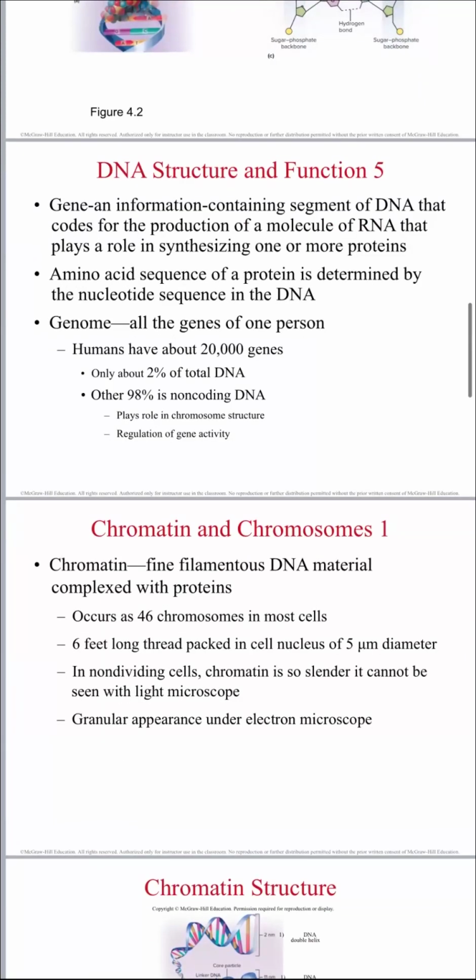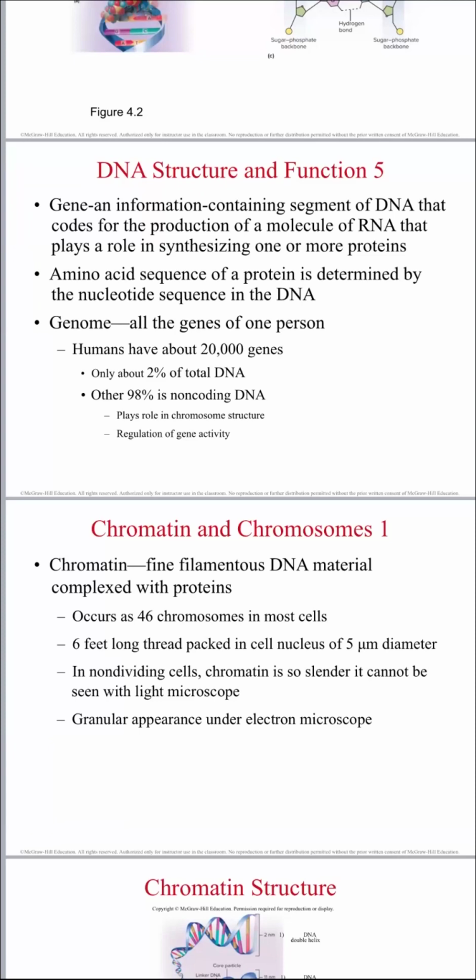The other 98% of DNA is non-coding, meaning that only a small percentage of our DNA codes for specific proteins. Now, what does the other 98% mean? Does it mean it's not important? No, not at all. A lot of that DNA is going to code for when to make the protein, how to make it,